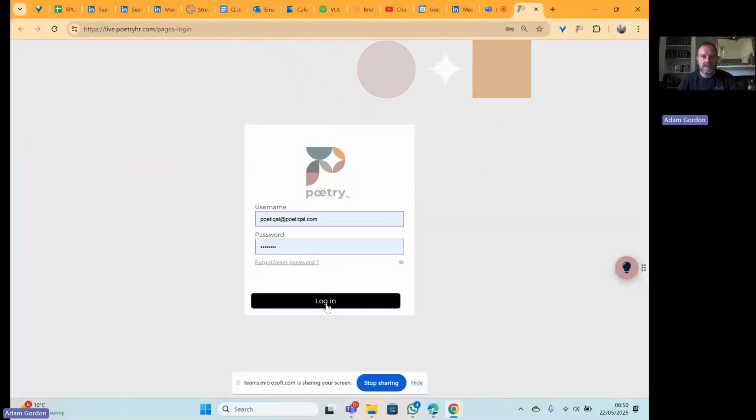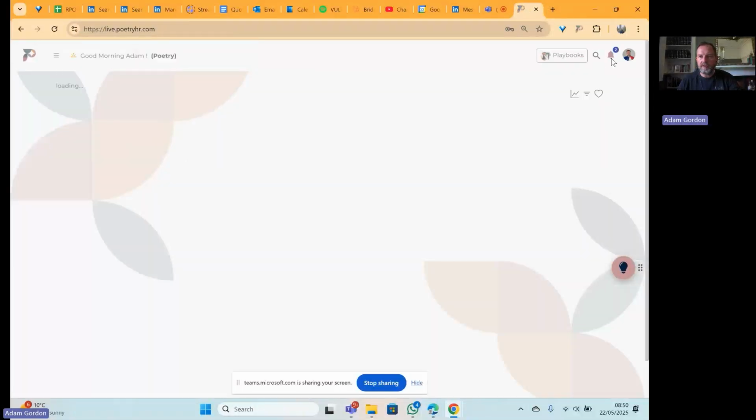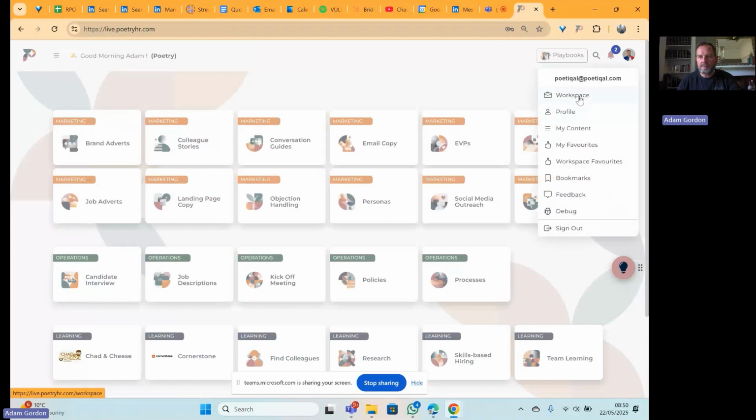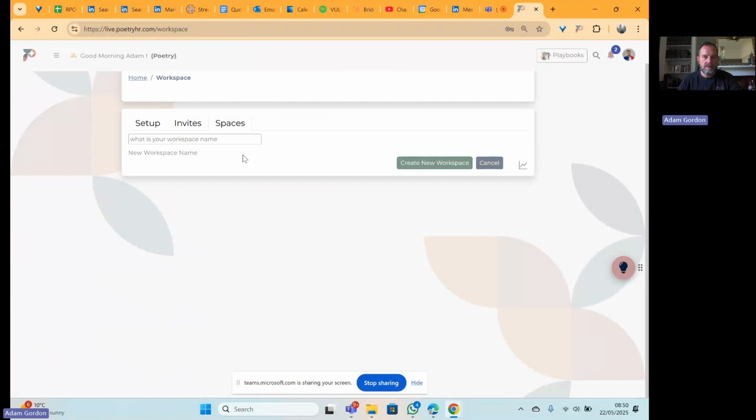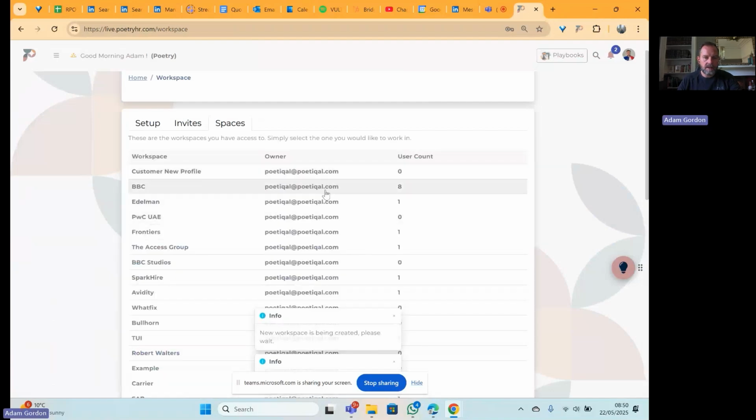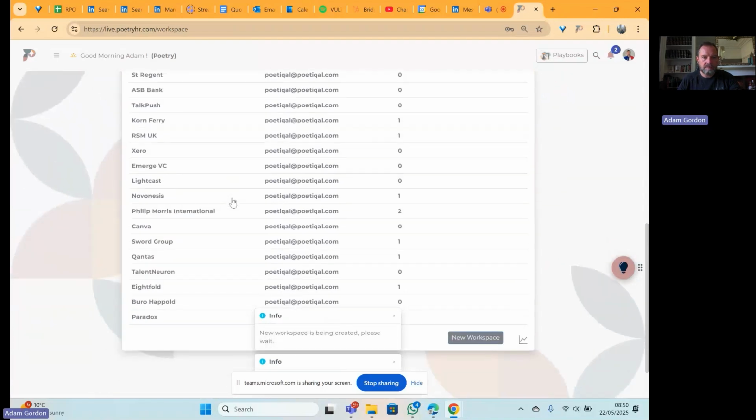Hi, so I'm going to set up a new workspace on Poetry. I'm going to configure it so things are on-brand and in context, and I'm going to build my first playbook of assets, which are going to help me to do a great job on that rec. So the workspace I'm going to set up is Canva, create, and now I'm going to go into the Canva